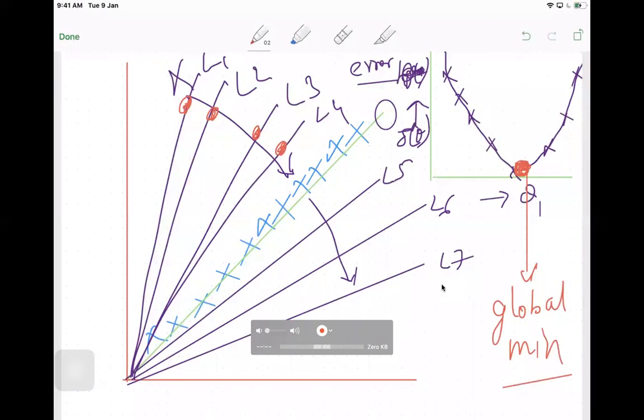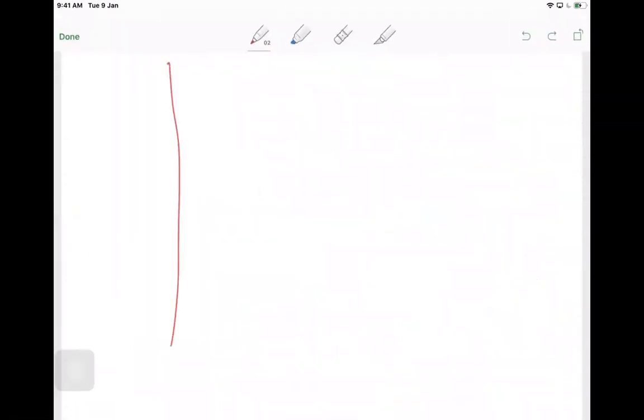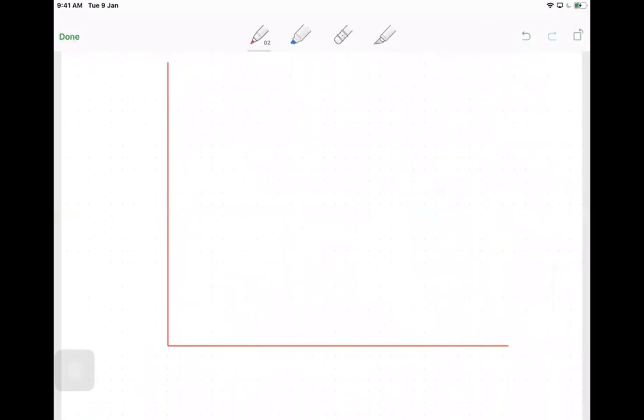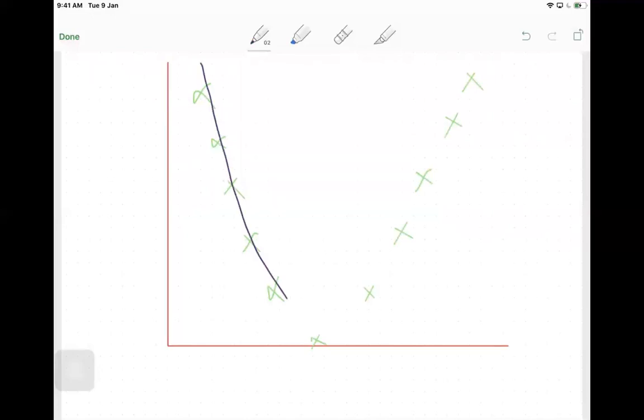Please understand the same diagram that we have taken earlier. I'm going to draw this particular diagram again separately so that we get a good idea of why we are doing this derivative. Like I have said, this is what our error function is going to look like. If I draw a line through them, it will be something like this. Let's say initially my theta 0 and theta 1 setting was somewhere around here, and this is the error I got.